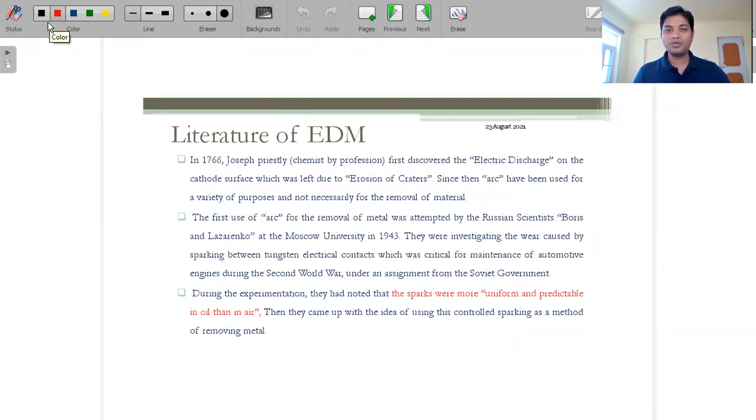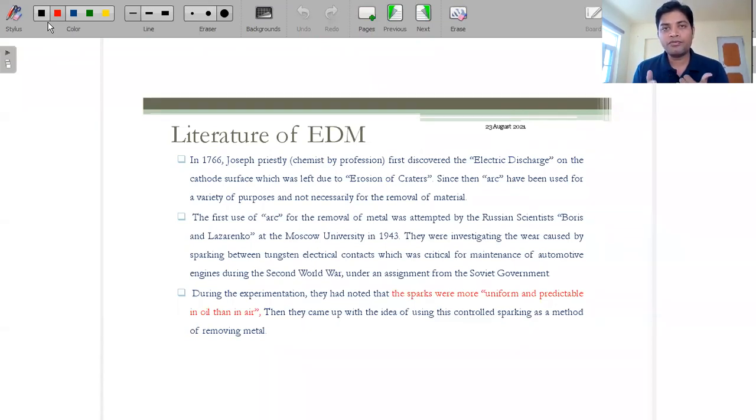I'm just briefing. All these points have been written so that you can easily understand the things. By the way, I am covering most of this from the PN Rao book, because that's a standard book, and I also found that good content is given in it. So first of all, guys, there was a